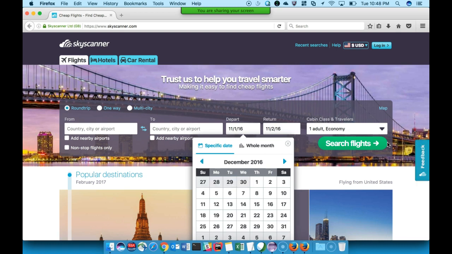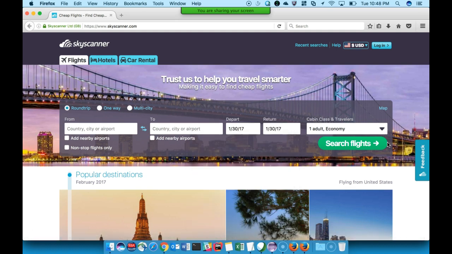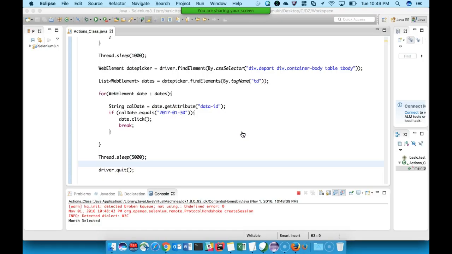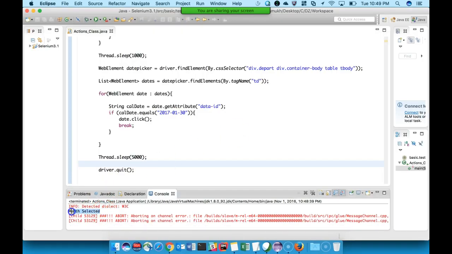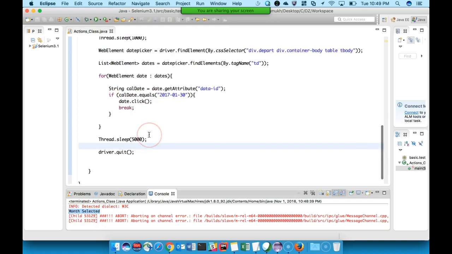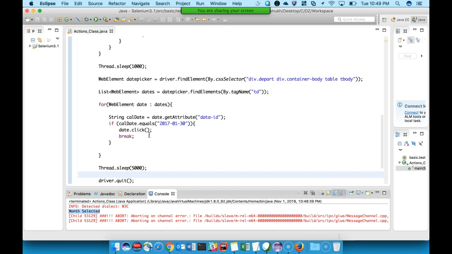So it has selected the month, and it has selected the date also. 1/30/17 was the date which we wanted to select. So this is the way we will automate the calendar or date picker.